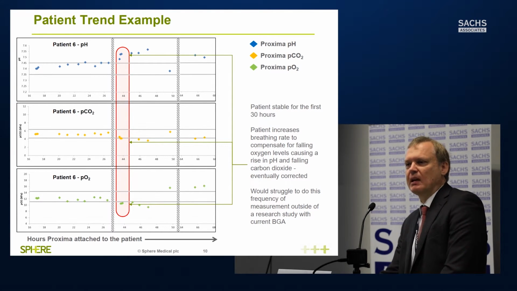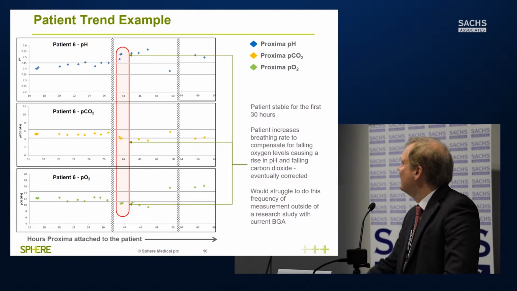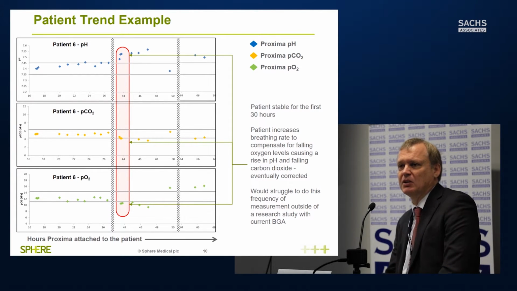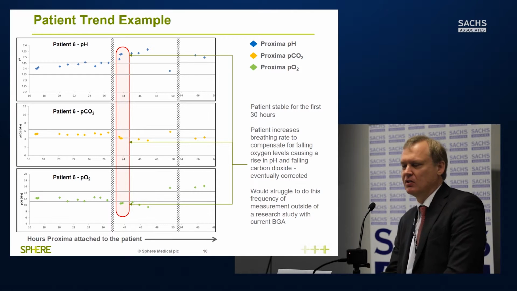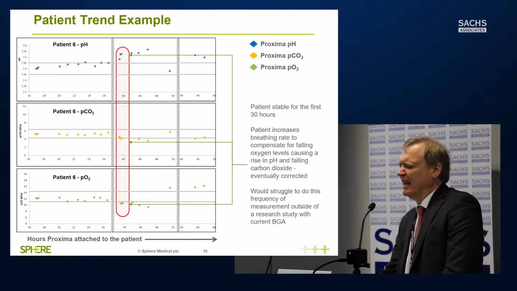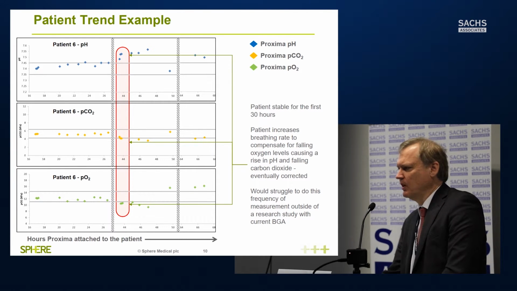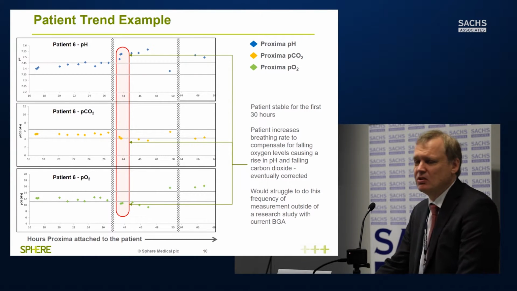Now here the patient was stable for about 30 hours. You can see that those values for the 3 parameters are pretty much within the physiological ranges. And all of a sudden something happens after 30 hours. The patient sort of doesn't have enough oxygen, starts breathing, and your pH and your CO2 actually get out of